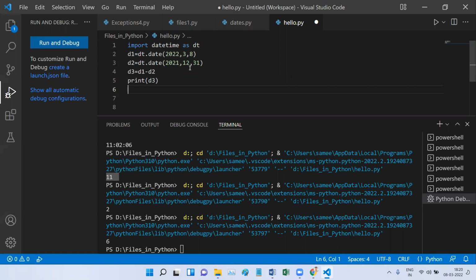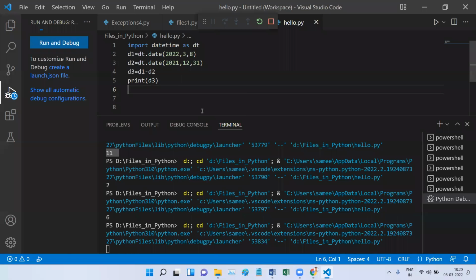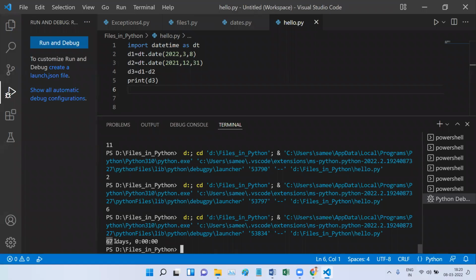So you have to subtract these two dates. When you have this type of requirement, you have to subtract these two dates. When you want to subtract two dates, no need of any rocket science. Just use the difference operator, which is minus, between D1 and D2, and let us print that. Just to let you know, the output is always in days format. Run, start debug. As you can see, it is saying the difference is 67 days. That means from the 31st of December, 67 days have passed till today's date. So you are able to calculate the difference.